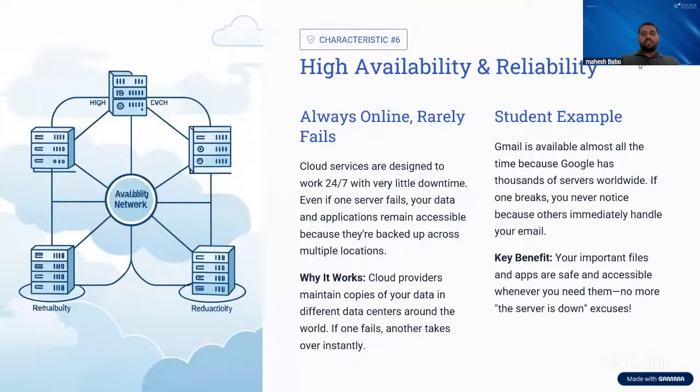So the next question I would like to ask you is: what happens when the system is not reliable? Are you able to get the availability? When the system is not reliable, are we able to access those systems? Definitely not, because the system should work continuously. Then only can we access those resources. So can I say that availability is completely dependent upon the reliability of the infrastructure or not?